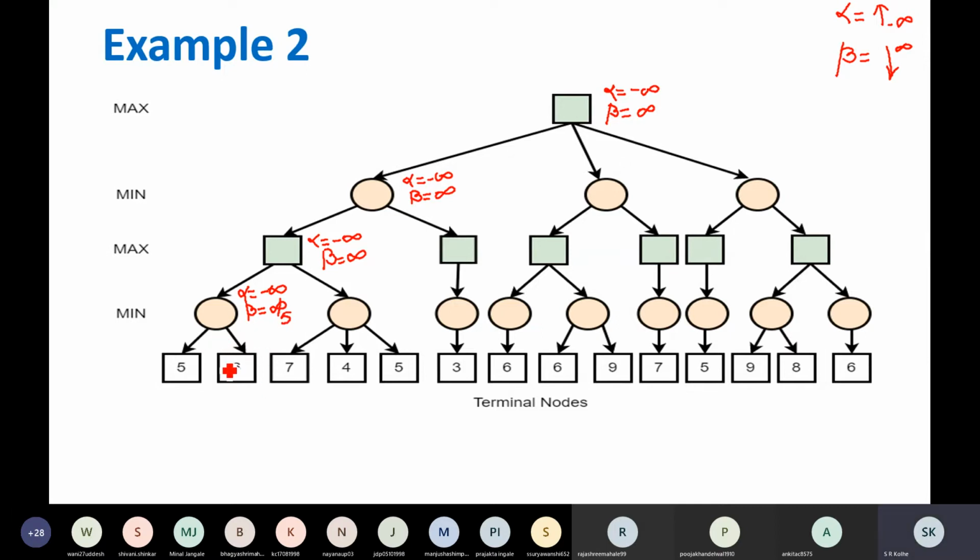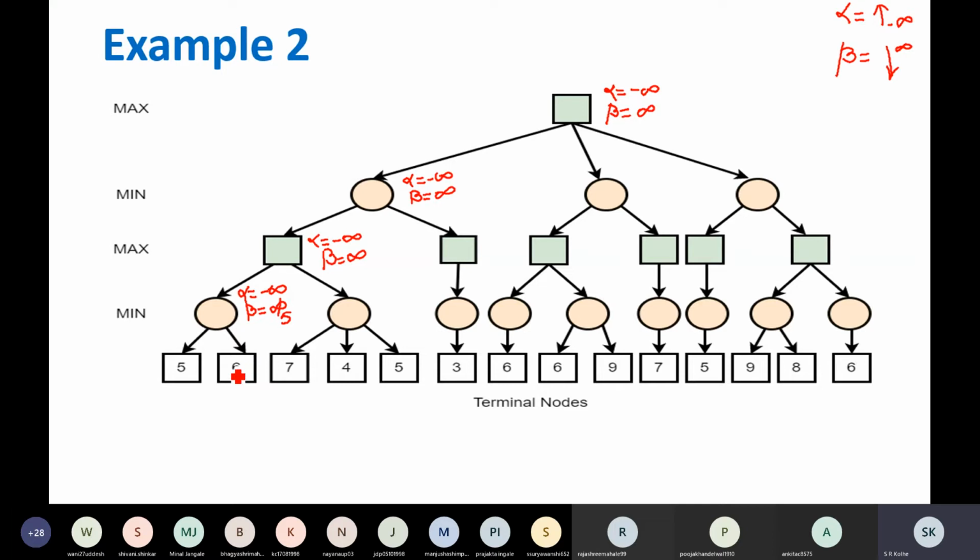Then it will come to this. Every time now you should check whether alpha is greater than or equal to beta or not. Remember that. So alpha is not greater than or equal to beta. Move further. Otherwise, if alpha is greater than beta, we would have pruned this branch. But that is not the case. So the algorithm will come out here.